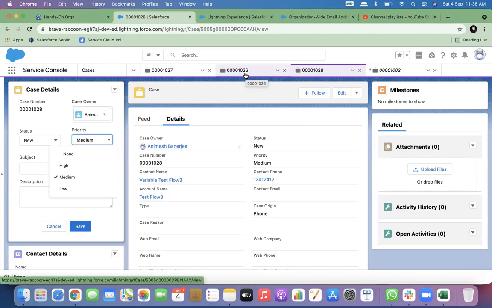Just like in the escalation part, you have shown the timing. Whenever the ticket is raised, you have shown 6 hours, 2 hours, right? So after 6 hours or after 2 hours, you escalate to someone else. Means why is it not done? What is the problem? Yes, that's correct.